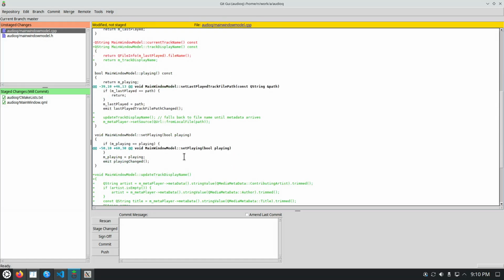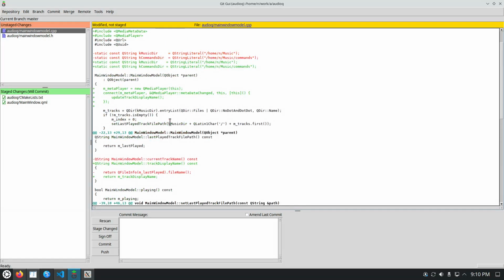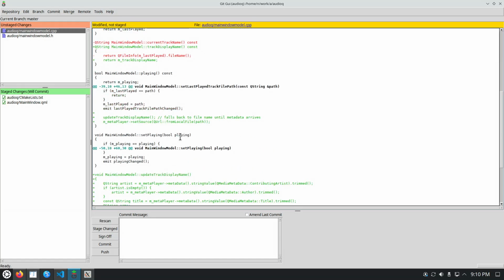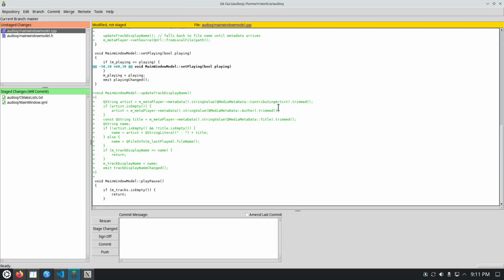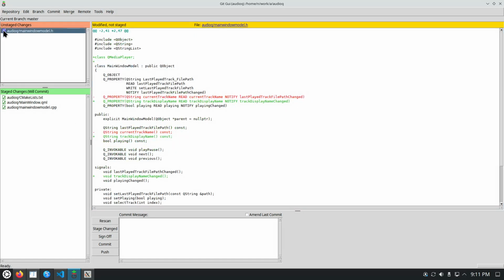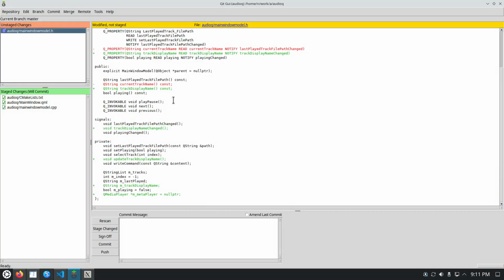And then to it, set source, the metadata change event is triggered, and the method update track display name is being called, which does this heavy lifting: contributing artist or author, then space minus space, and then title. Track display name. Yeah, I'm not sure if